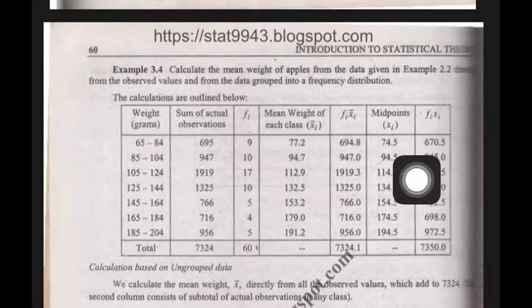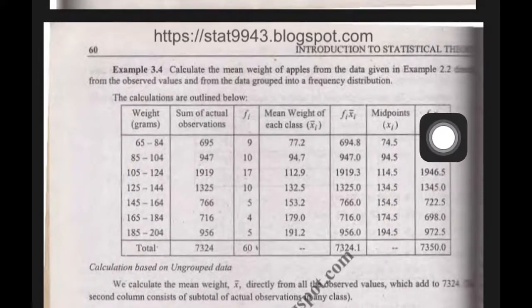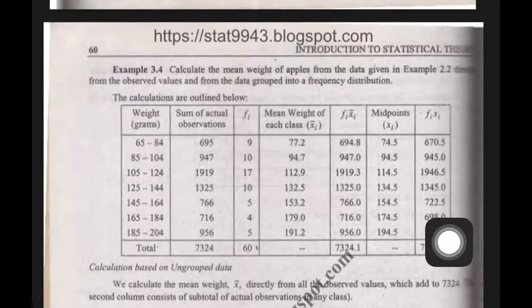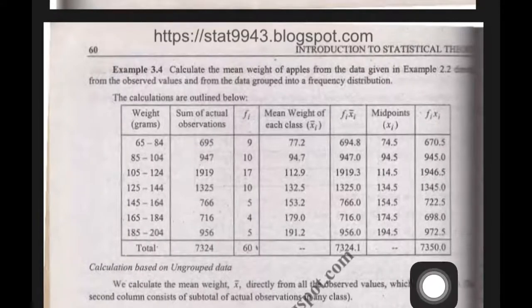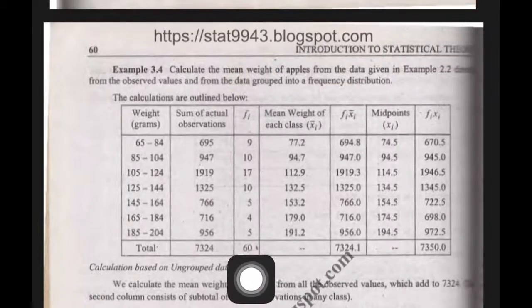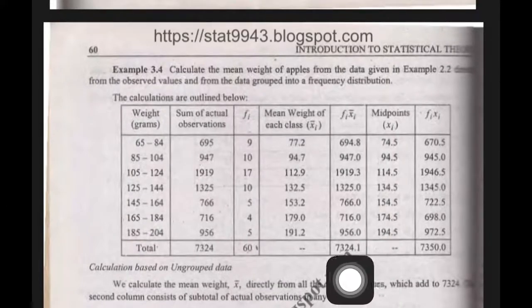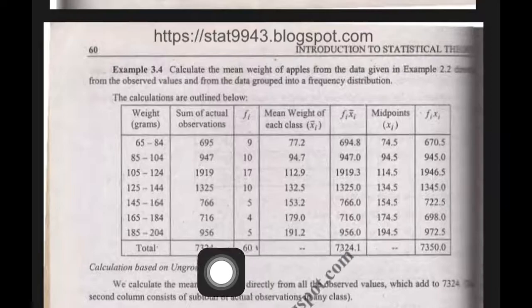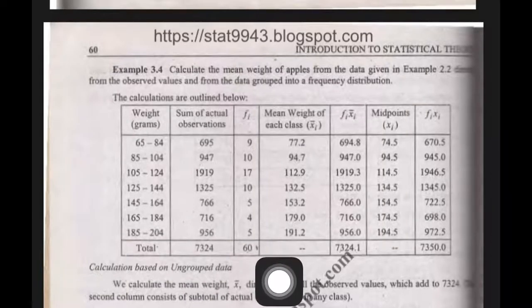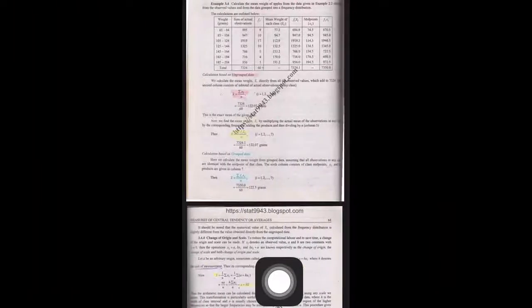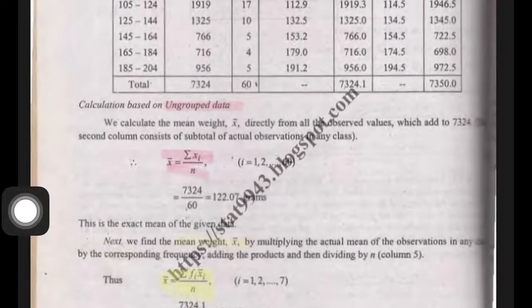In the next column, I multiplied midpoints with the frequency. I have got all the values, and in the next step I am going to add up all the values. I got that result, that is 7350. That is the value of the summation fi xi, and this 60 is basically the summation fi, and this is simply summation xi. So first, if we have to calculate the value for the ungrouped data, for that case, this is